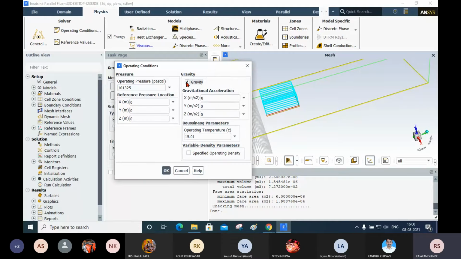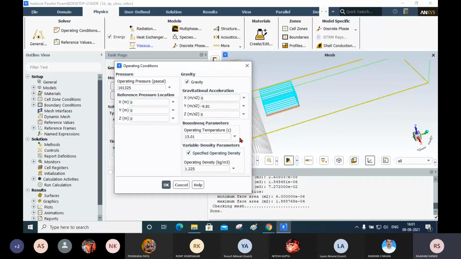Okay, gravity. And gravity is generally applied in the negative y direction, so I will apply the gravitational acceleration here. It is minus 9.81. Okay, and here I will click on specified density, and the operating density I'm going to use here is 1.11.